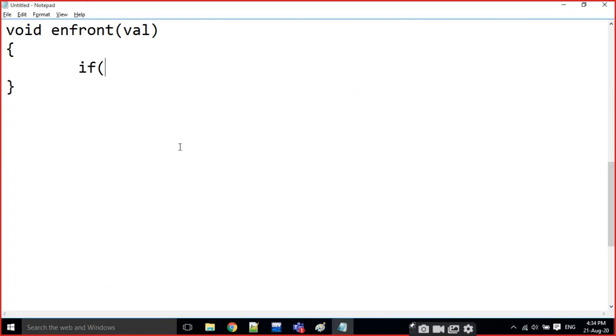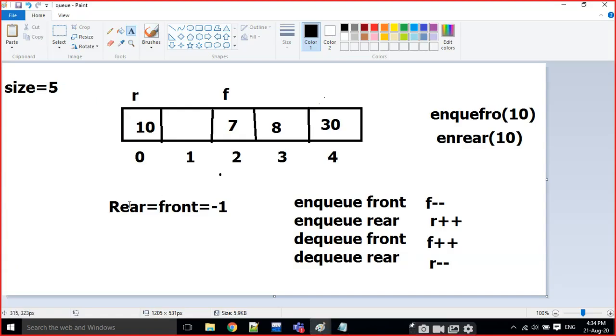That's why I am writing R plus 1 mod n is equal to F. At this position the queue is full. Everyone knows these things. Else, if both are at -1, the queue is empty.